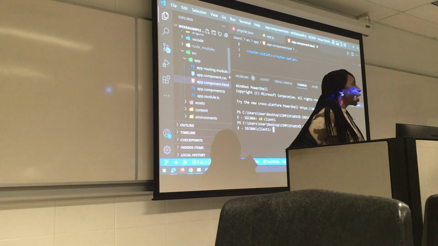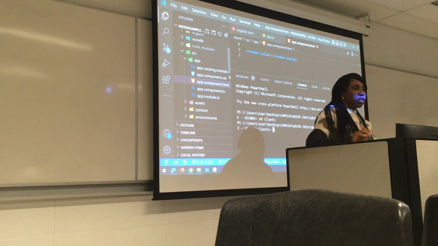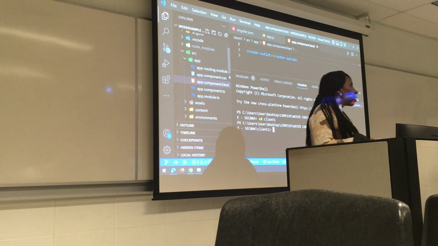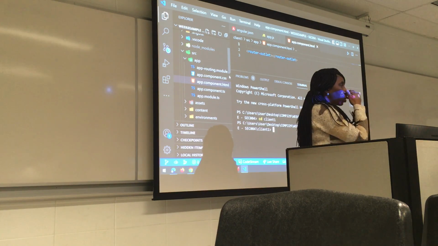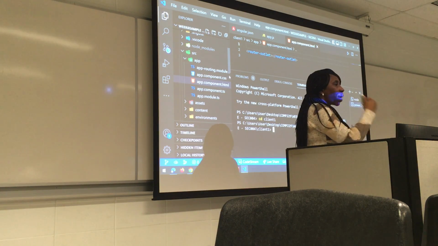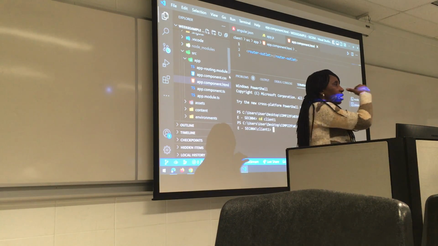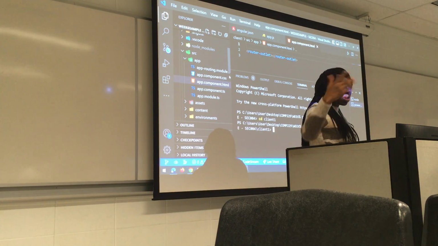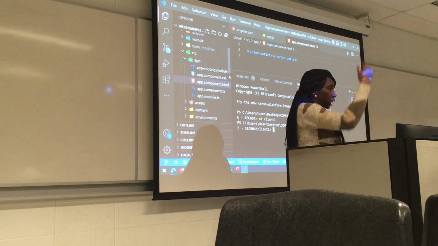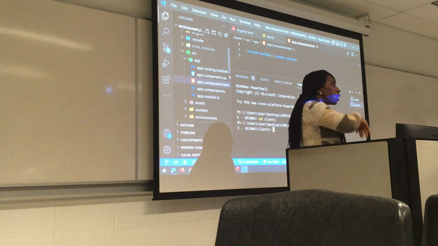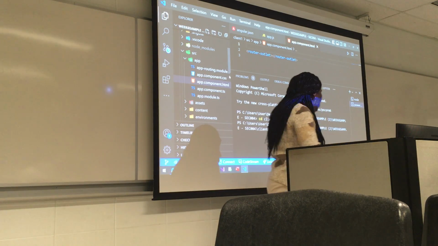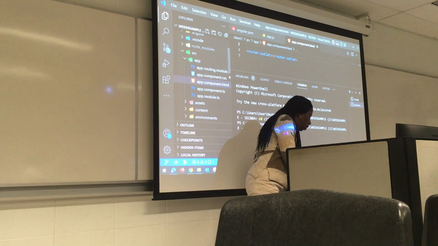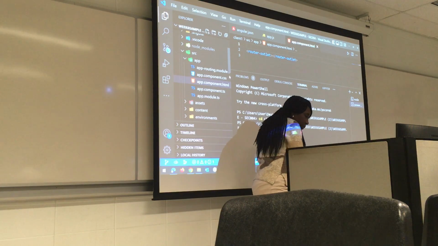Remember when we did the Express, when we created the Express JS server, we created partials, and we all know what partials does. For partials, you'll be able to replicate the nav bar on all the pages, and that's for the partials for the header. For the footer also, you'll be able to duplicate all the same for your footer.